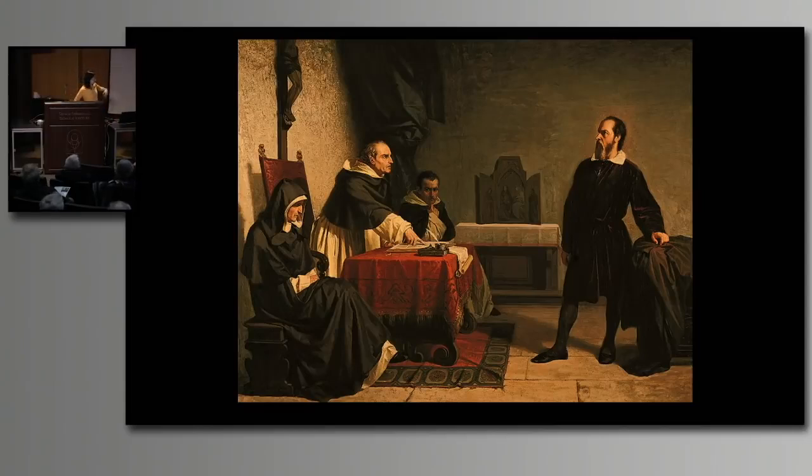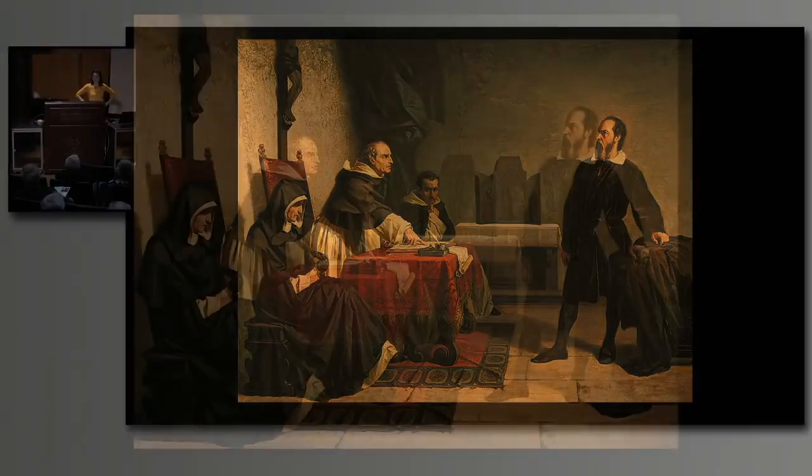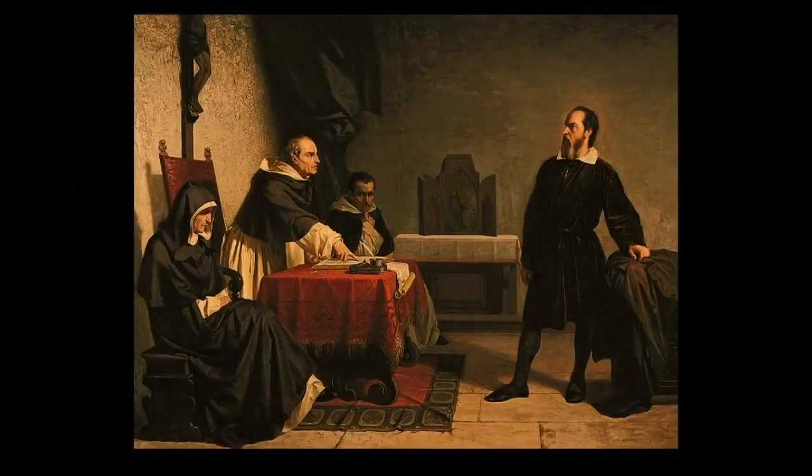This is Galileo Galilei. You all know him. This is the Italian astronomer who ran into a lot of trouble for defending that the Earth was moving around the sun. And he was convinced this was the case because he had made careful observations using a telescope. He was the first astronomer to do so. And he had also discovered that there were fainter planets orbiting around Jupiter. So if there were fainter planets orbiting around Jupiter, why couldn't the brighter planets orbit around the sun?